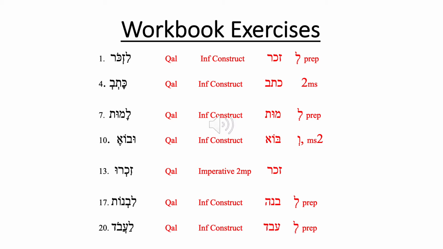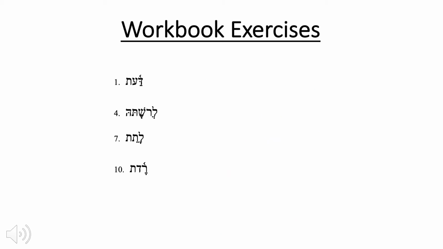Number 20 is also a Qal infinitive construct from avad, here with the lamed preposition. Let's move on now to our next set of exercises. This second set of exercises from chapter 20 in your workbook is also parsing infinitive constructs. However, these are irregular forms, either a one nun or one yod form. So you have to pay a little bit more attention in order to figure out what exactly is going on